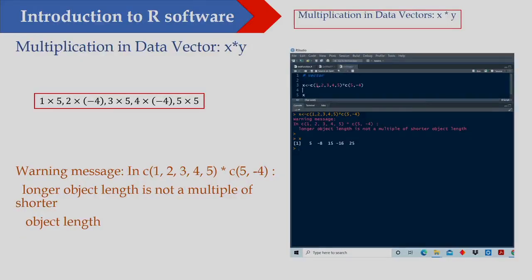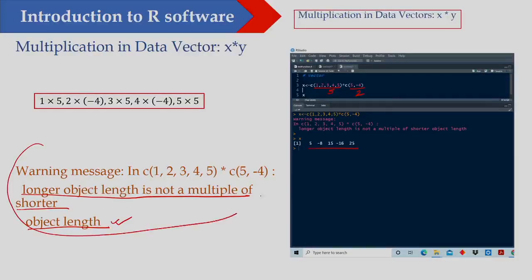Now, here the length of one vector is 5 and the length of the other vector is 2. So, in this case the longer object length is not a multiple of the shorter object length. Therefore, I will get the result, but I am also getting a warning. This is the warning you will get. Here you are getting 1 into 5, then 2 into minus 4, then 3 into 5, 4 into minus 4, 5 into 5. As the length is not a multiple of the shorter one, I am getting a warning, but I am getting the results here, that is 5, minus 8, 15, minus 16